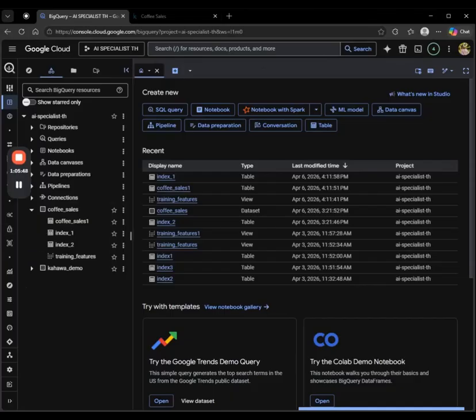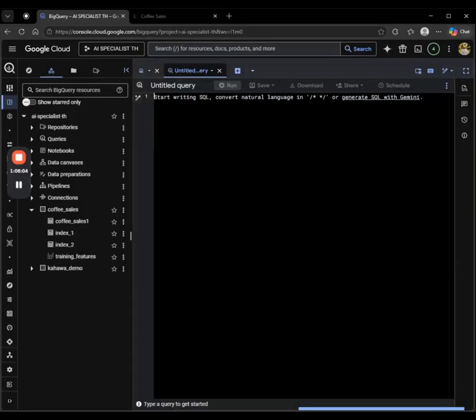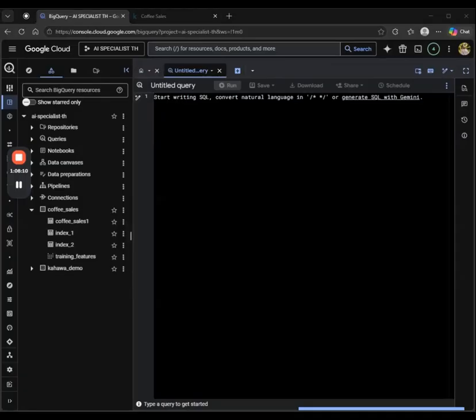Okay, so let's go to our SQL editor to train a linear regression model entirely using SQL. First, we need to create an encoded version with the features. So let's go to SQL query. And when I write this,